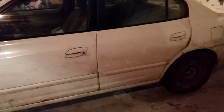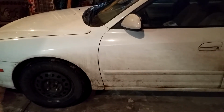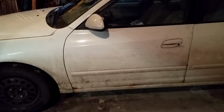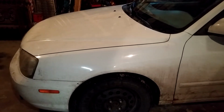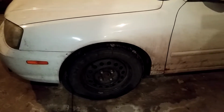So anyway, back to the subject at hand. I'd like to just keep driving this one the rest of the winter. In case something happens, I'd rather have it happen to this car instead of my new one. However, this one within the last couple of months has been nickel and diming the hell out of me. It's getting close to 300,000 now, and I've had to put in an alternator, power steering pump, axles and CV joints,